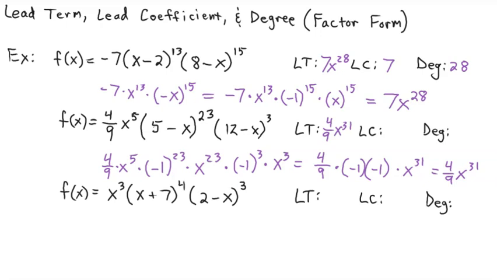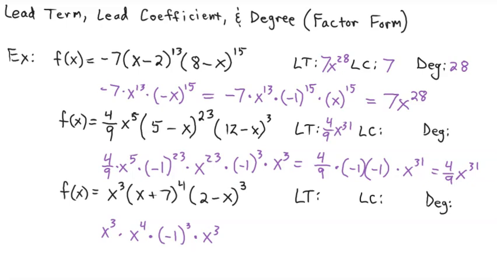Now, on this third one here, you'll see that we don't have a number, so we're just going to start with our x to the 3rd here. That'll be x to the 3rd times. We have x to the 4th power, so we'll bring that down, x to the 4th power. And then here we have negative x to the 3rd power. So, like I said, we're going to turn that into negative 1 to the 3rd power times x to the 3rd power. We're separating the negative 1 from the x, but we're putting both of them to the 3rd power,